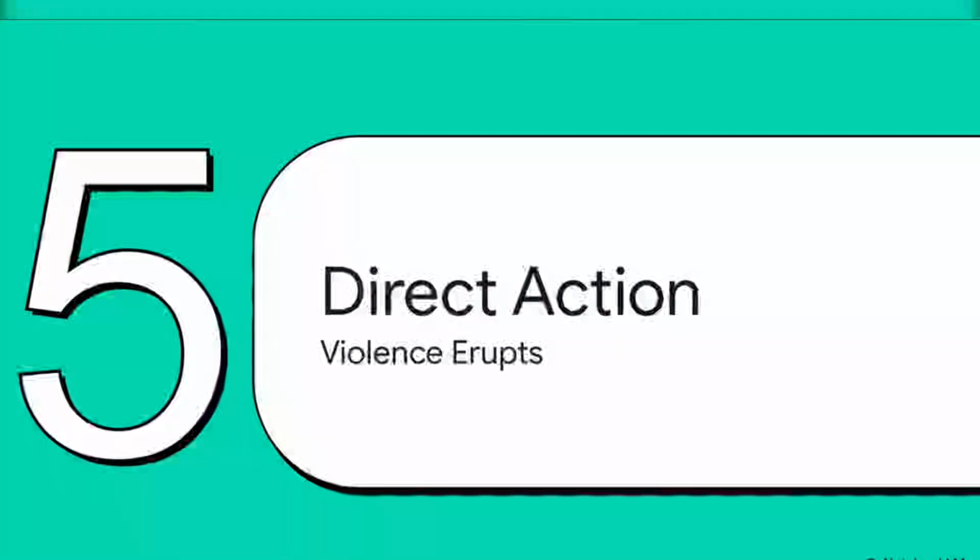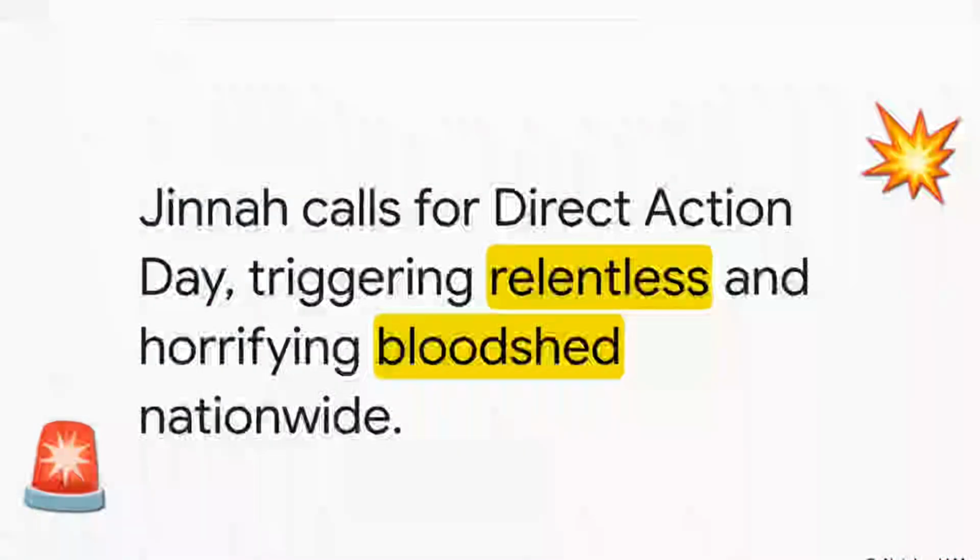Now we hit Section 5: direct action and the eruption of violence. With the Cabinet Mission totally dead in the water, there was no political roadmap left to follow. So, on August 16, 1946, Jinnah called for Direct Action Day to forcefully press the demand for Pakistan on the streets. What started as a protest rapidly devolved into the Great Calcutta Killings, resulting in massive, horrific casualties.